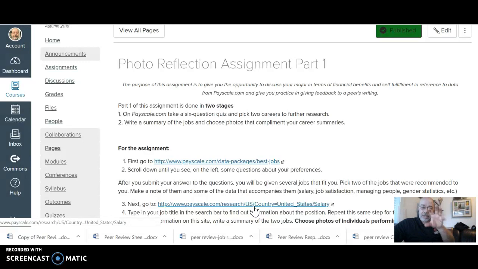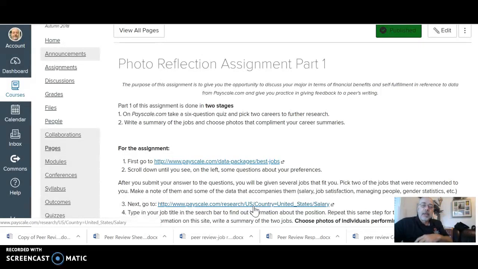You're going to be summarizing each job, 3 paragraphs. Job 1, summarize. Job 2, summarize. And then paragraph number 3, basically you're going to respond and tell what you think about those choices that it suggested for you. Remember also, before you do these 2 summaries, put an intro paragraph way at the beginning to explain the assignment. Assume that the reader has no idea why you are writing this. So introduce the fact that you went to payscale.com to answer some questions and what you need to do for the assignment. And then go into the summaries.